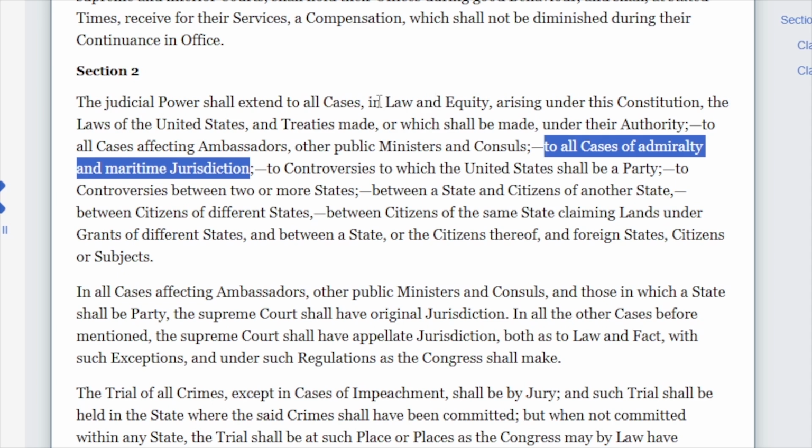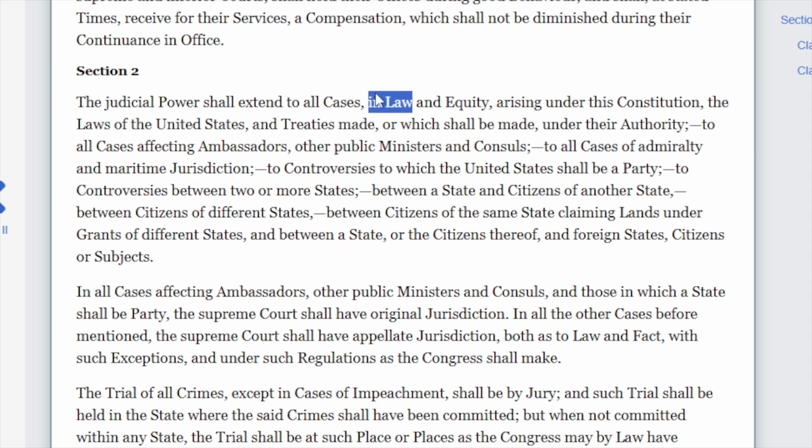So in law, right here, we're going to focus just on this part and equity. What do these two things describe in this paragraph? So the common law jurisdiction of remedy, and then you have the equitable jurisdiction of remedy. These are two overarching frameworks for the type of relief and legal procedure that apply to the case. Once that case properly falls within one of the 9 enumerated subject matter jurisdictions, and that's where you have all